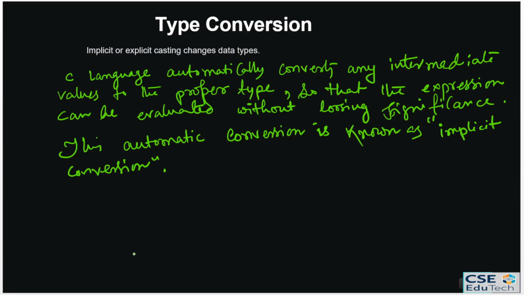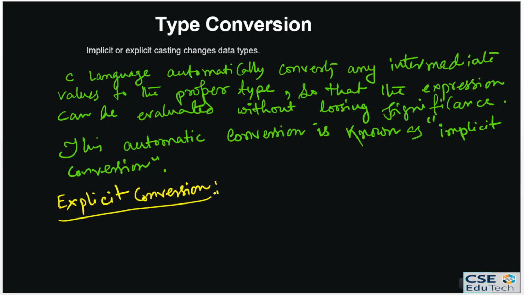Now, another conversion is basically explicit conversion. Clear? Now, what is explicit conversion? Explicit conversion means when we force a type conversion. Clear? For example,